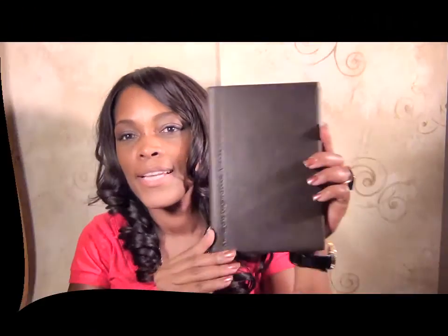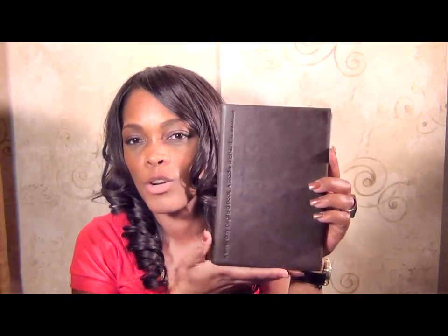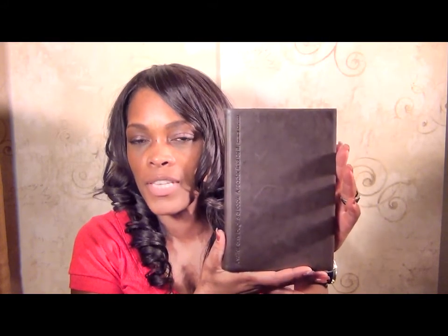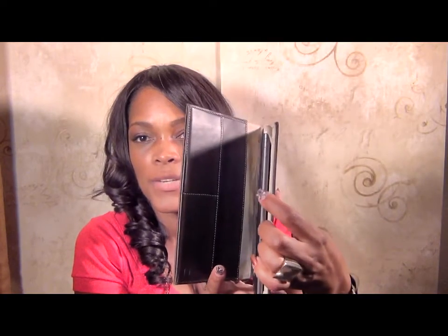Okay, so ta-da! This right here is my Nook, and it's a Nook Color. I don't know if you guys have seen one of these. I'm sure you've heard of e-readers before, and there's the Kindle, there's the Nook Color, there's the original Nook that's not color, and this thing is probably the biggest lifesaver for me, because I can use this and, look how slim it is. This is the cover for it, and the actual Nook itself, you can see it here, it's just that thin little thing. It's a little heavier than I think the Kindle and the original Nooks, but it's still, to me,